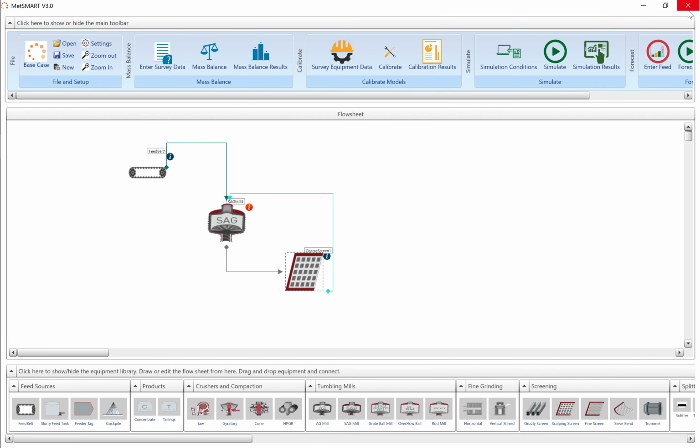This concludes the introduction exercise. The purpose of this exercise was to draw a flow sheet, to learn about mass balancing, model building and simulation, and how to enter data. The next exercise